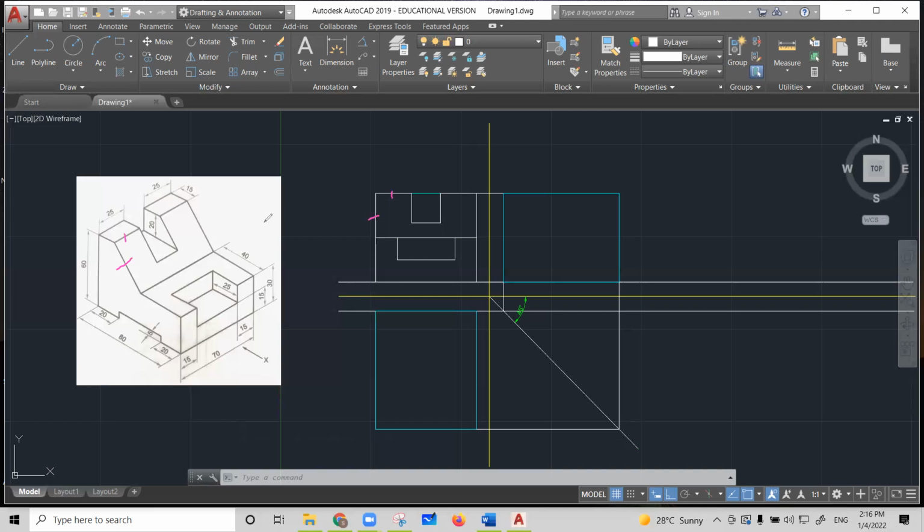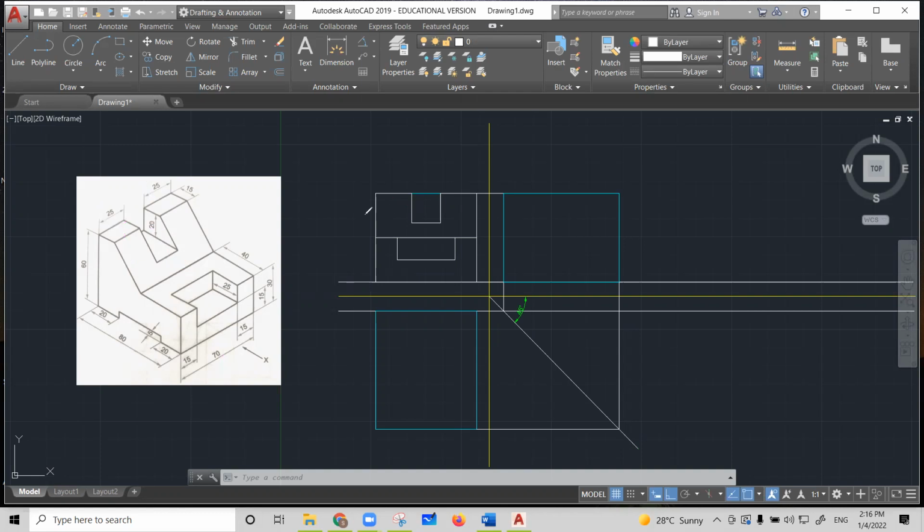similarly the next half part. Similarly, the depth of the slot given is 20. So from here we have taken 20 millimeter on both sides, and this 25 and this 25 becomes 50, right? So out of 70, if you subtract this 50, then this length becomes 20. You are going to get 20 millimeter length. Obviously, from this end point we have taken 20, and then we have closed it. So this way you will get the front view,